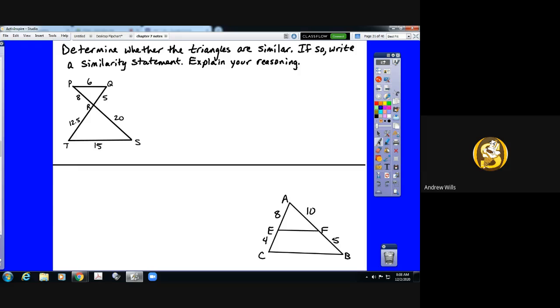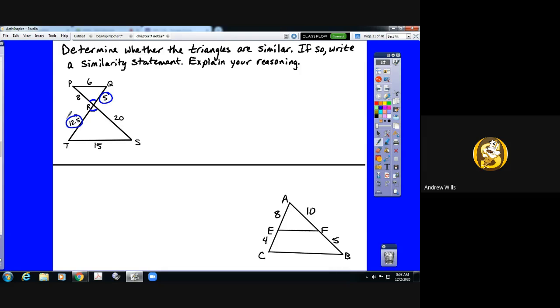So when we look at this first picture, we should notice that we've got plenty of information to check for similarity. We have lots and lots of information. So what we should do is try to set up the proportion and check to see if the side lengths are proportional. We have all three, but in reality, we don't need to do all three because we've also got enough information to declare one set of angles, because those two angles that I just marked are vertical angles. So in theory, we could check side angle side similarity, which would require us to pair